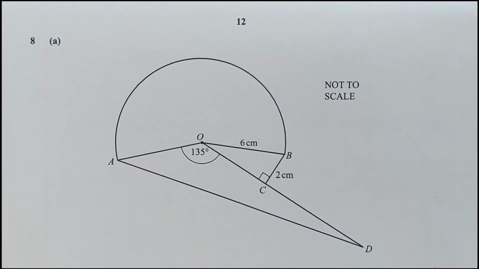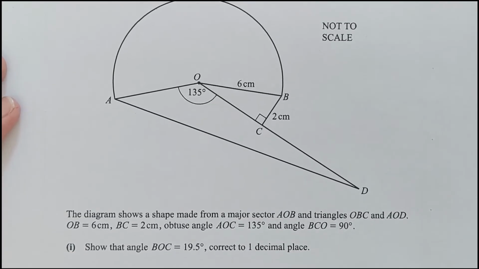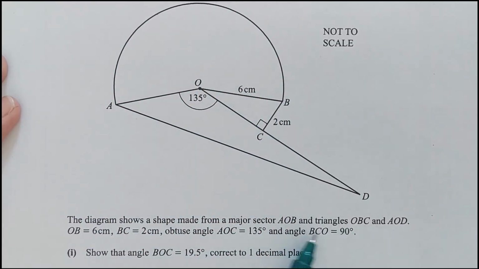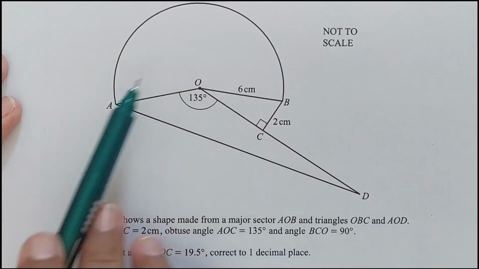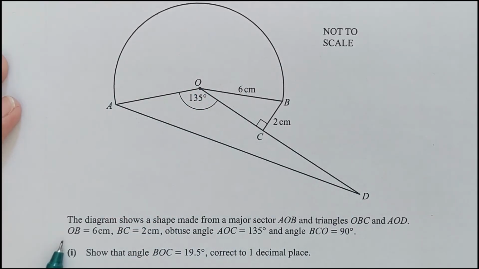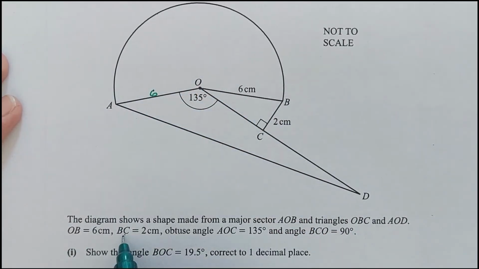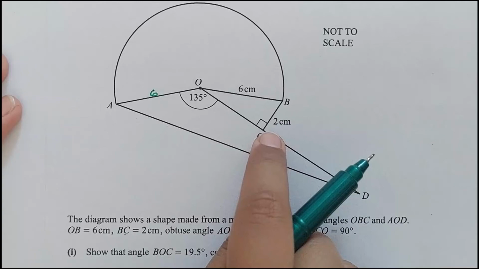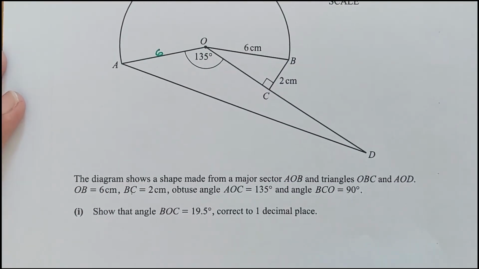Question number 8. The diagram shows a shape made from the major sector AOB. AOB is the major sector, and OBC is a triangle, and AOD is a triangle. OB is 6, OA is also 6. BC is 2. Obtuse angle AOC is 135 degrees, and the angle